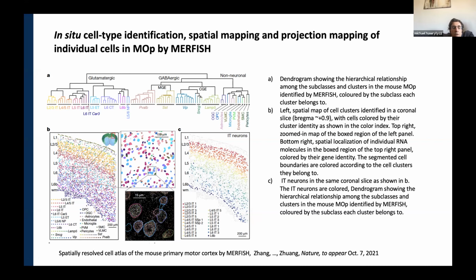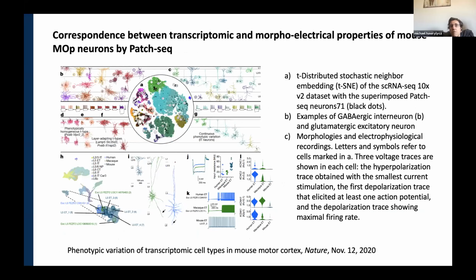One more comment, sorry: that will appear as the paper Spatially Resolved Cell Atlas of the Primary Motor Cortex in the same package. A nice way to understand the functional implications of cell types is to study morphoelectric correlations with these data.